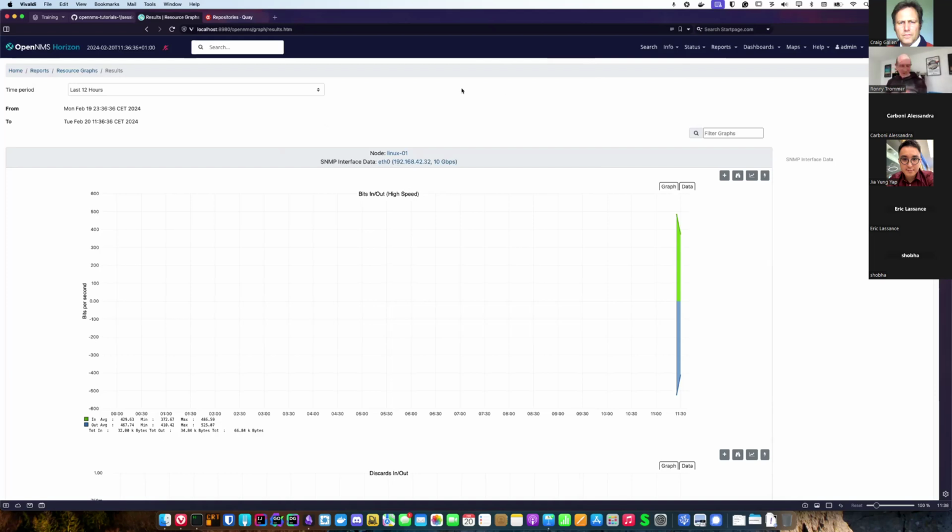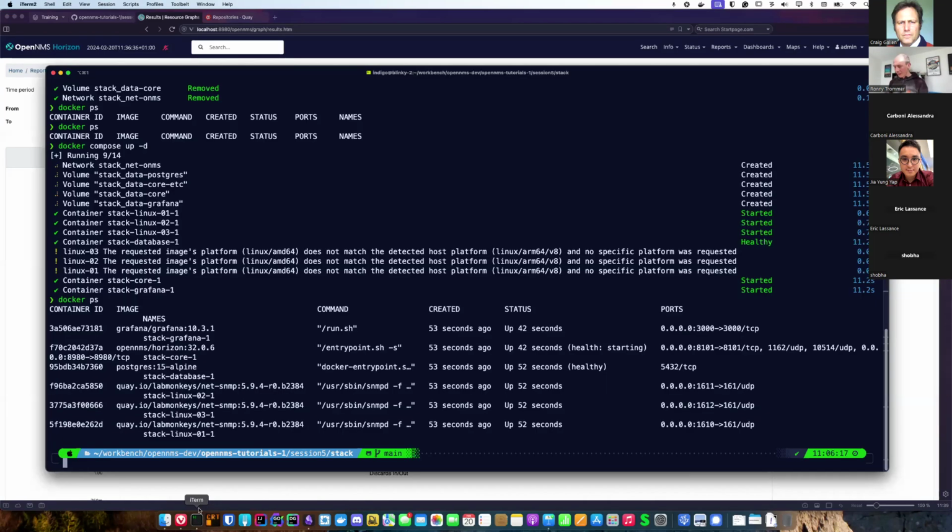Ronnie? Yes. For the lab 5 exercise, are we supposed to be running the Horizon container as before? Because when I perform a docker stats, I can see several containers, except Horizon. So I don't think it is normal.